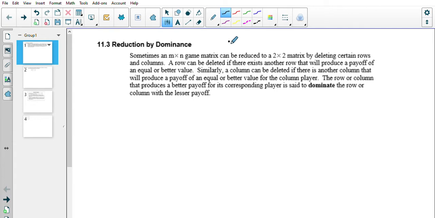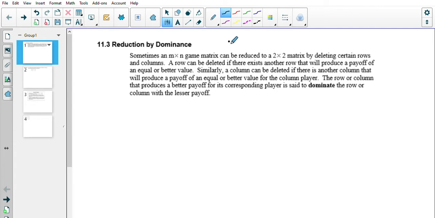So far in our chapter we've looked at 2x2 matrices representing games with two players and each player has two choices. First we looked at strictly determined choices, where it was pretty easy to find that for each player one of the options was always better than the other option, so the strategy was just to play the better option every single time. And then in the second section we looked at games where that wasn't the case,